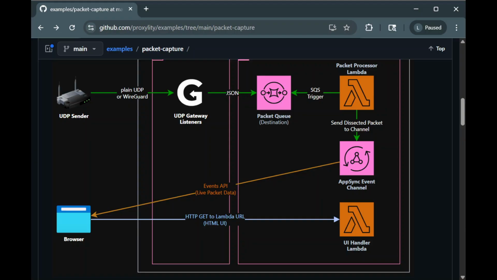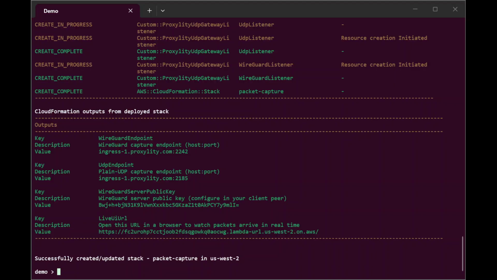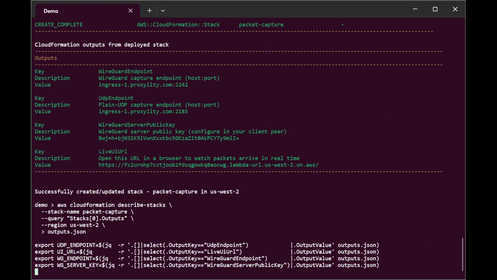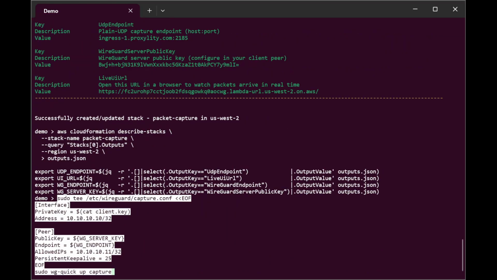All right, actually, it looks like that stack is already deployed. So here we are. It's done, and we can see those outputs in the green text there. So just continuing on with the instructions from the README, we're going to grab that stack output and pop that into environment variables. I'm just going to do that real quick. And then once that's done, we can set up our